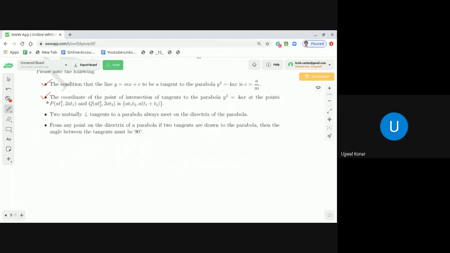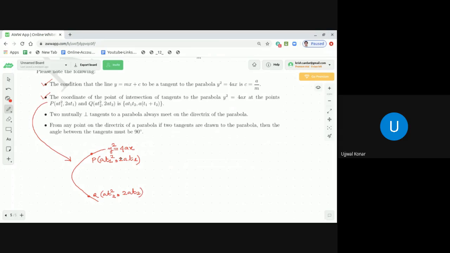Suppose this point I want to explain to you further. Suppose you have a parabola. This is the equation of the parabola y square equal to 4ax. Now you have two points. One point is P with coordinate a t1 square, comma 2a t1, and another point is the point Q, a parametric point. So its coordinate is a t2 square, comma